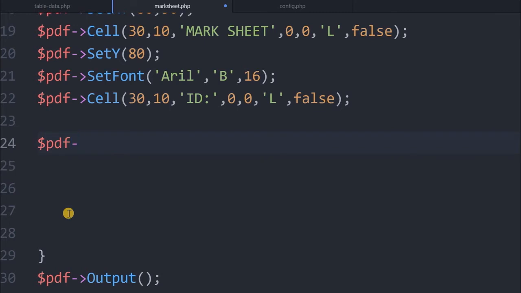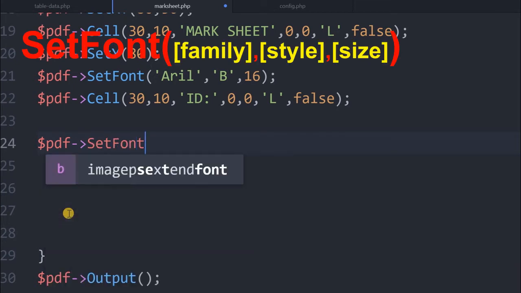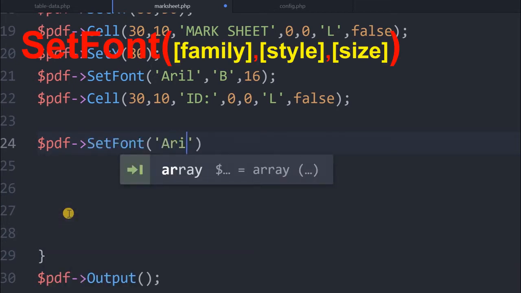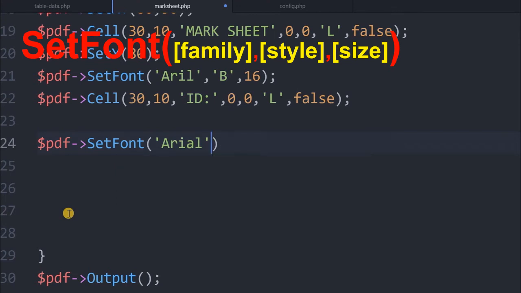PDF here will come again, because the value will be taken from the database, so we'll reduce the font slightly. Set font Arial, we'll say bold. No, it need not be bold here because it's data, so we'll say 14.